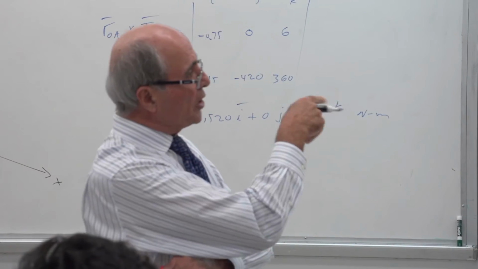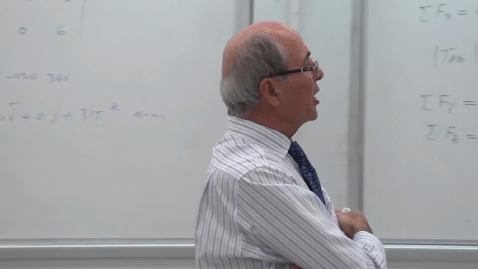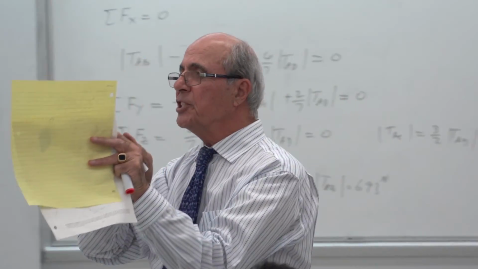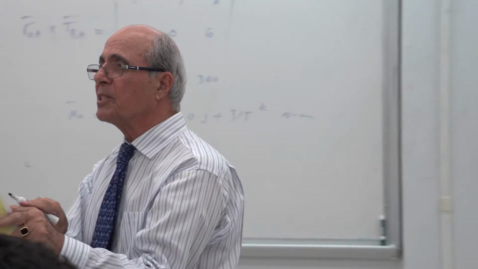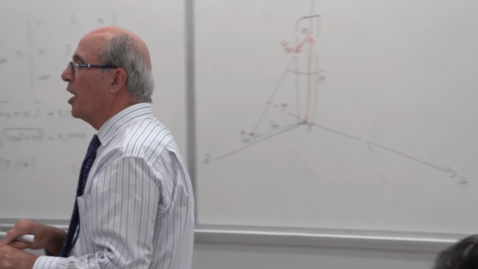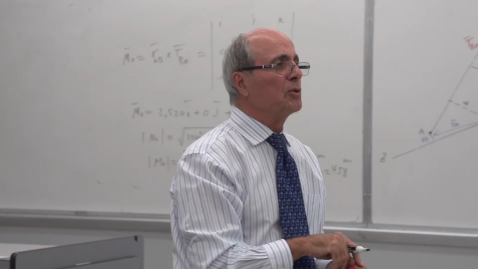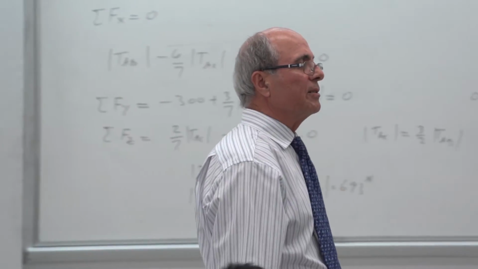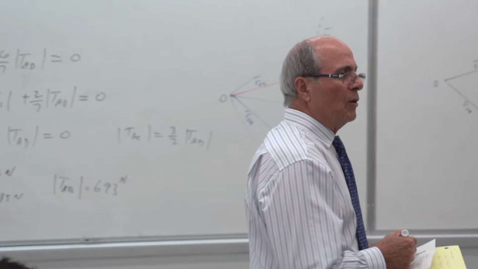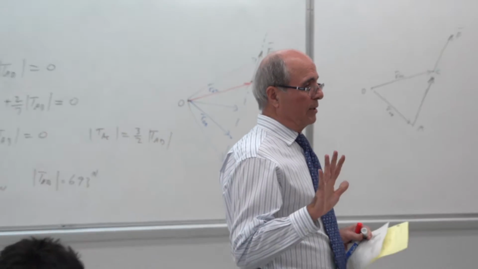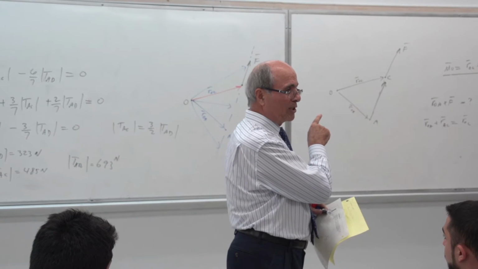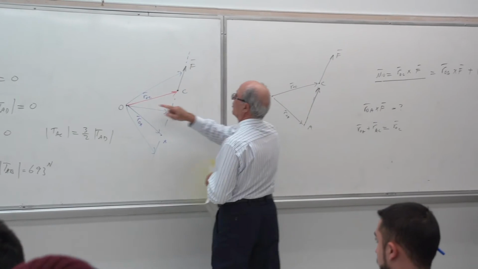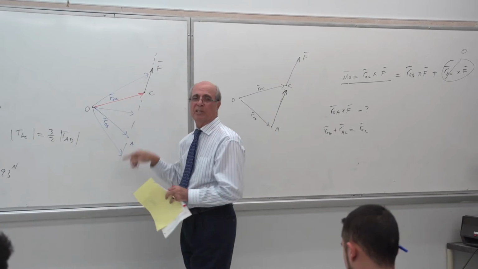Yes? Because the other term doesn't have any moment. RAC cross product of F, they are on the same line. By definition, it's magnitude of first one, magnitude of second one, times what? Times sine of angle between the two, sine of 0 is 0, therefore it's 0. Is that correct or not? Yes? How did you get 2,500? Now, hold on. Let's get to this. Did you understand that? Yeah. So in other words, I can use ROC, ROA, or RA prime, whatever, correct?